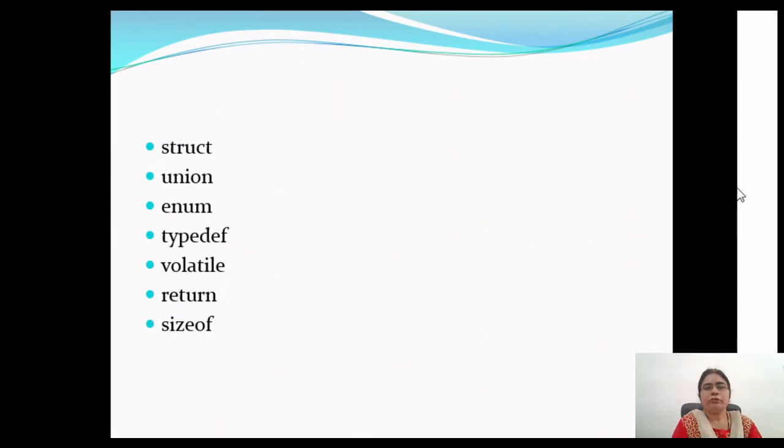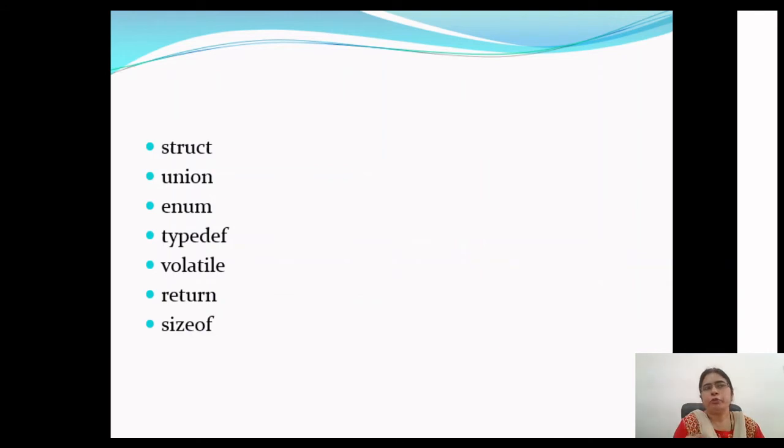Now the next set of keywords that we have is struct and union. Struct basically is a data type that stores values of different types, but they are related to each other.